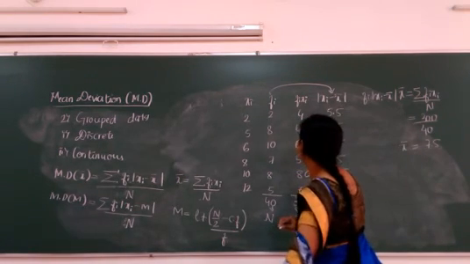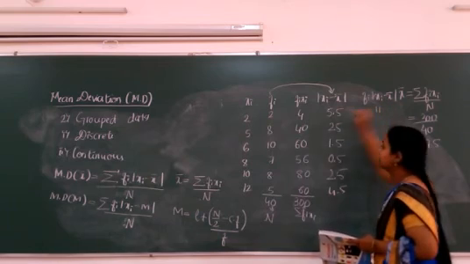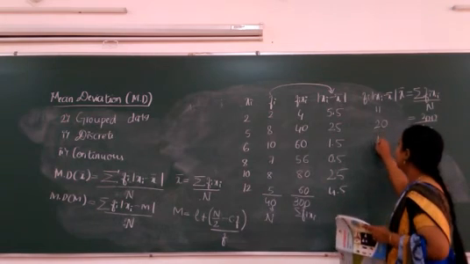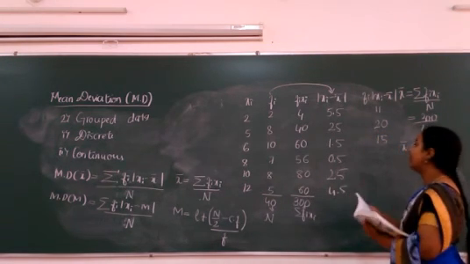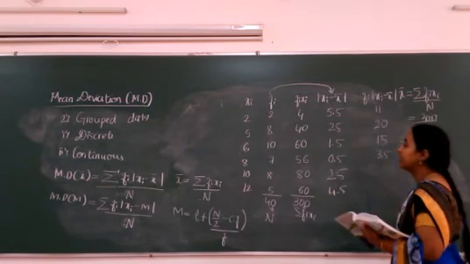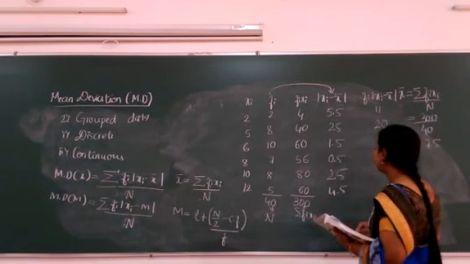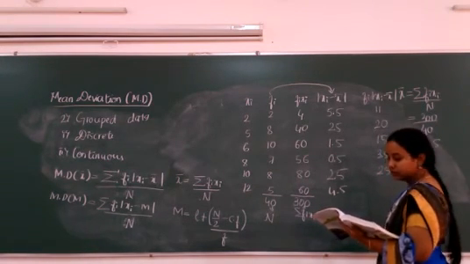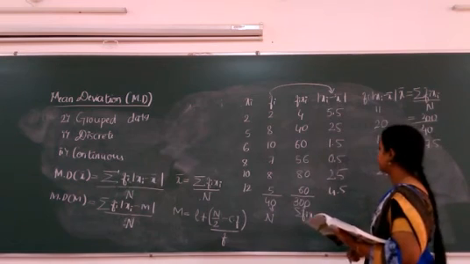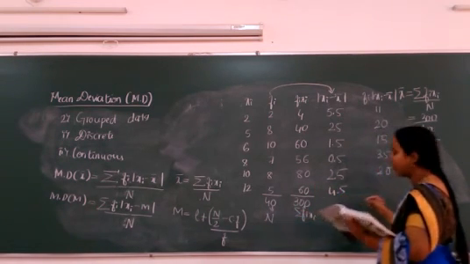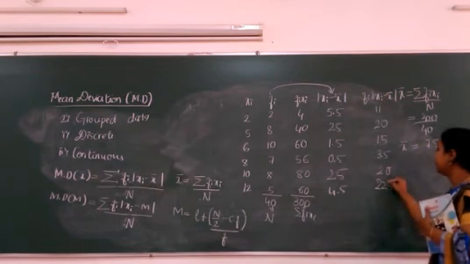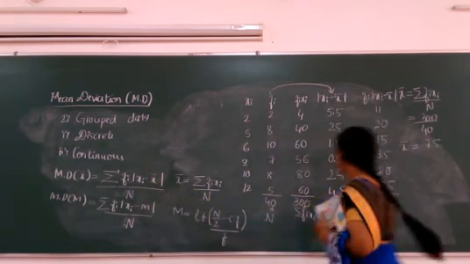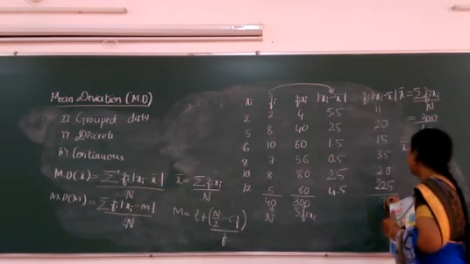So when you multiply, 2 into 5.5 is 11. 8 into 2.5 is 20. Next, 10 into 1.5 is 15. 7 into 0.5 is 3.5. Okay. Next, it is 10 into 2.5. It is 25. Sorry, it is 20. Next, 12 into 4.5 will be 22.5. So we want the summation of all of these terms. So when you add them, the total becomes 92.